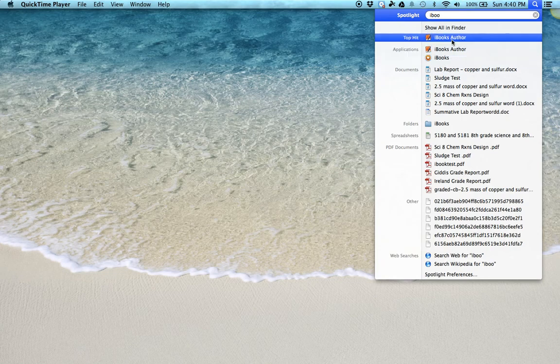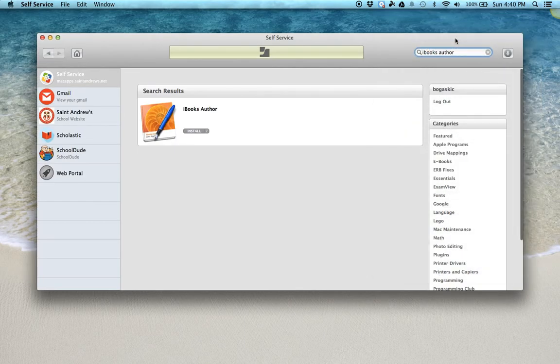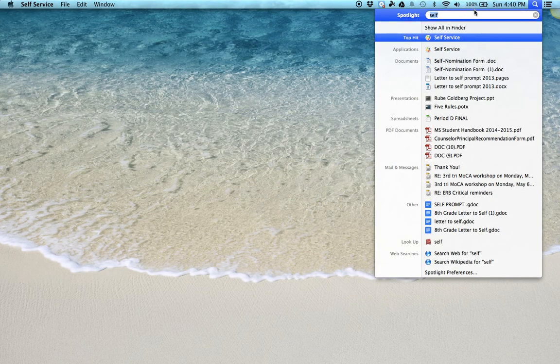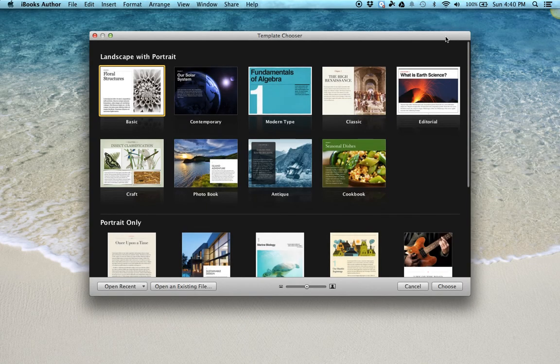So if you don't see iBooks Author, then go to self-service and log in, and up here in this magnifying glass you can type in iBooks Author and it will come right up in the search results. You can click install, it's really fast. Once you have it installed, go back up to your main magnifying glass, find your application, iBooks Author, open it up, and it's going to open up to a